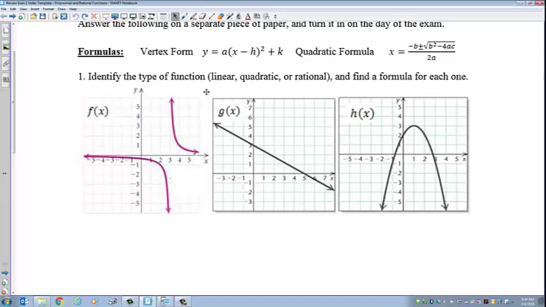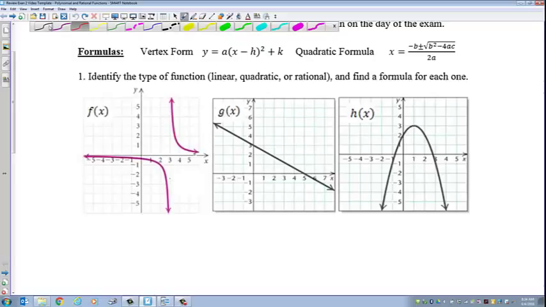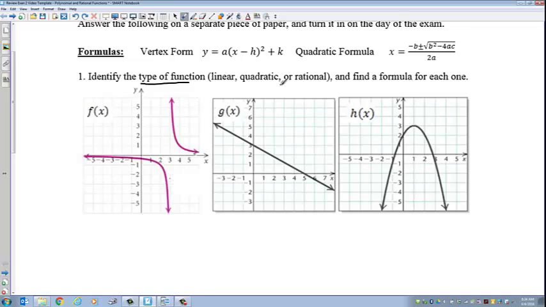Alright, so this is the review for exam 3. We're going to start with number 1. So number 1 says identify the type of function, linear, quadratic, or rational, and then find a formula for each one. So this is obviously a rational function,